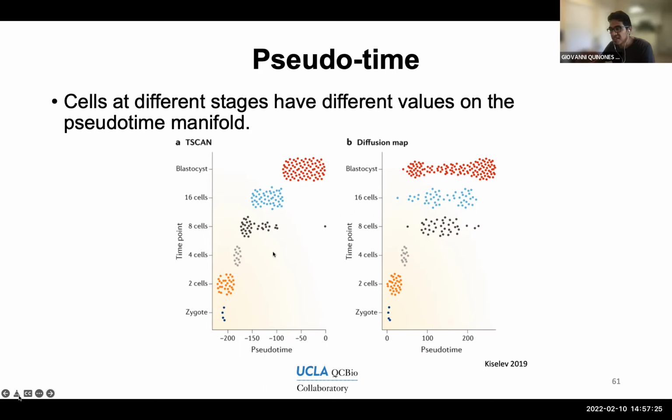And a lot of times, from the UMAP plot, you may start to see this sort of trajectory, how this zygote, for example, seems to be closer to the 2 cells, and the 2 cells is closer to the 4 cells, and so on. And a lot of times it's not very obvious from the UMAP plot, but we can find one manifold, we can find one layer like we saw, or